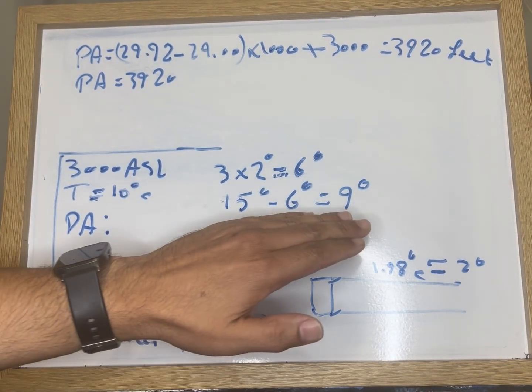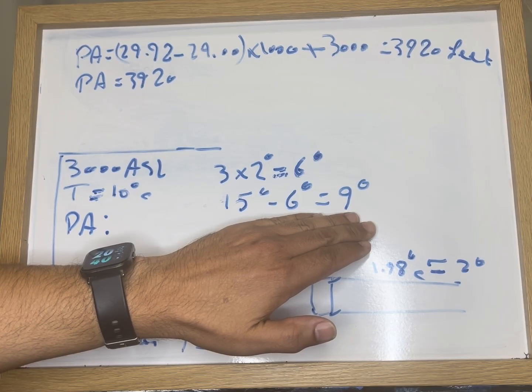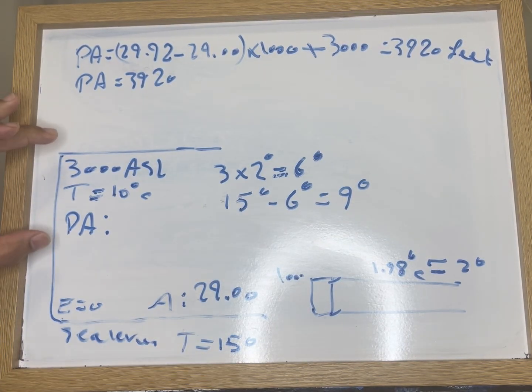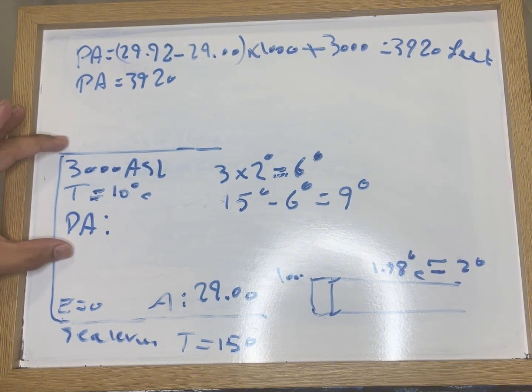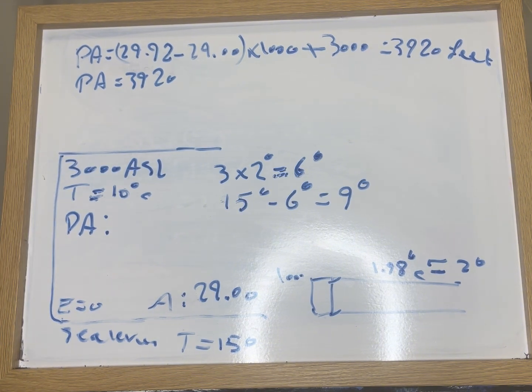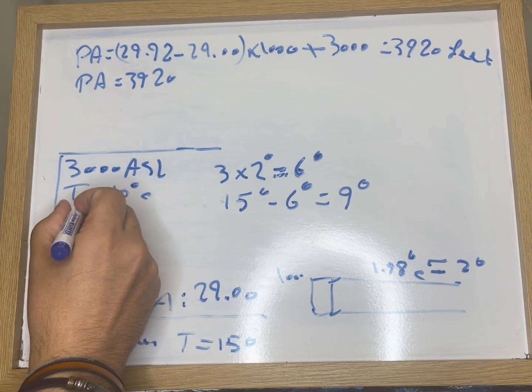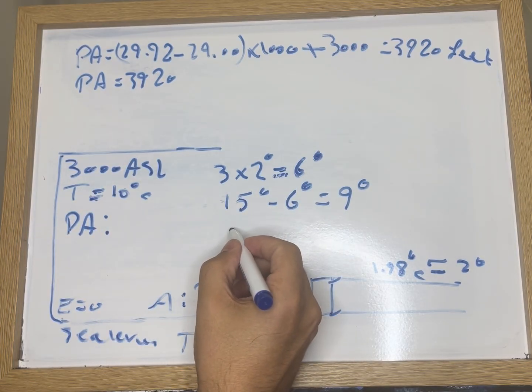So the standard temperature on a standard day at 3000 feet should be 9 degrees, right? But in this scenario, the temperature is 10 degrees. That means we are